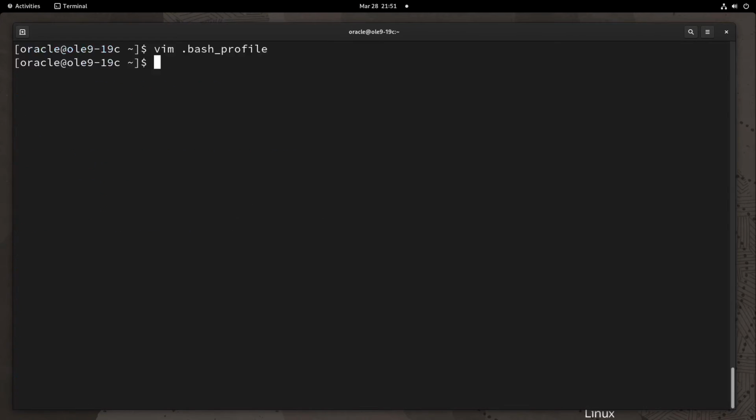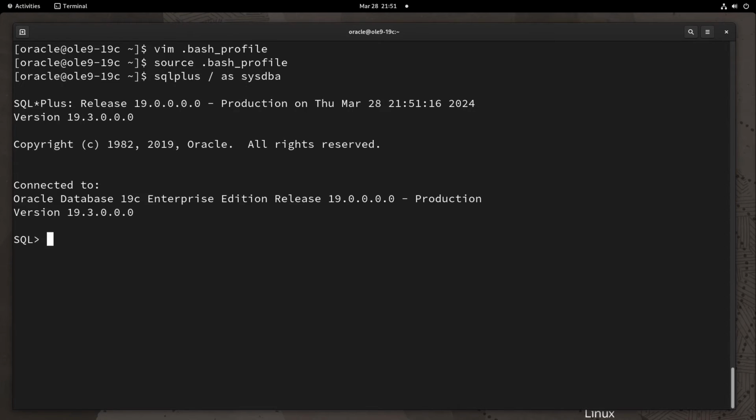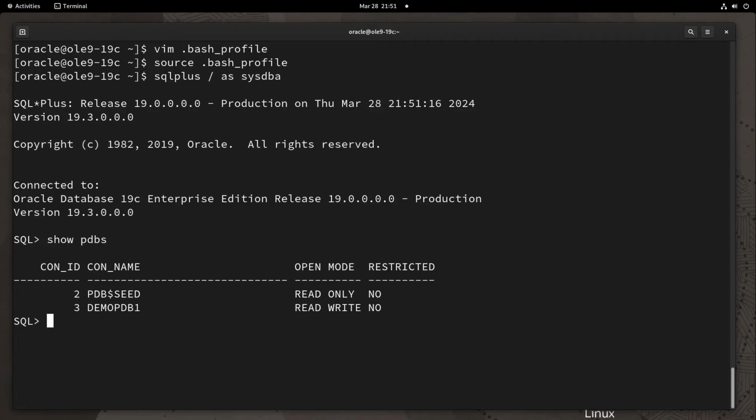Let's save and exit. Now we need to source .bash_profile. Now we need to go with SQL Plus as sysdba. Now we're able to access. Let's show PDBs. We can see that the PDB is running successfully, and it's working fine with read and